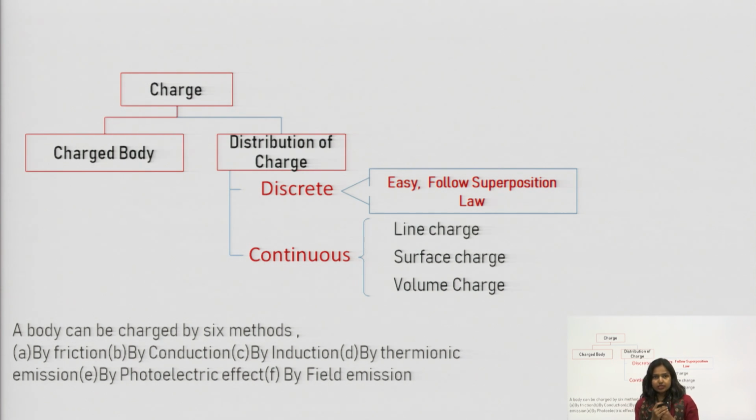In this way we can see that charge is always conserved in nature, so it follows the law of conservation. Further, we will see the distribution of charge. Charge can be distributed in two ways, discrete or continuous. Discrete means a single charge, a point charge, can be placed at different locations,